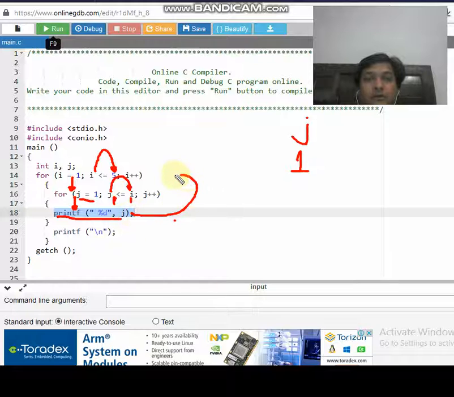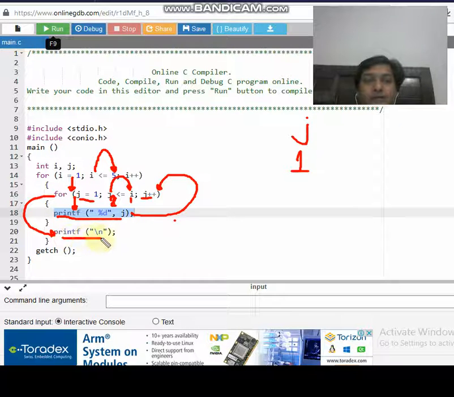Then the control goes to the inner for loop from the back side, and the value of j gets incremented. But since the value of j is dependent upon i and the current value of i is 1, the value of j is 2, so the condition is not true. The control does not get into the body of the inner for loop and gets out of it, and a printf statement is written for the new line feed.